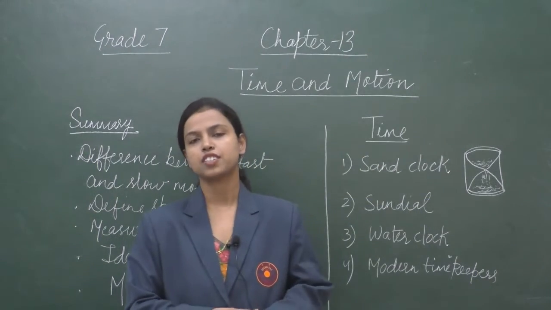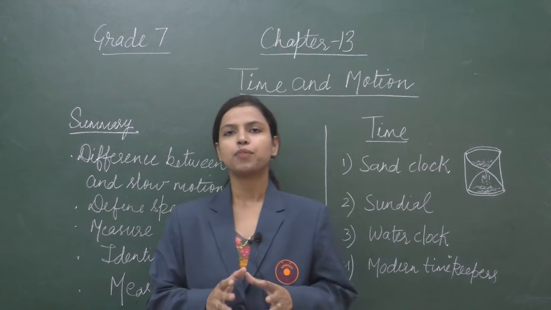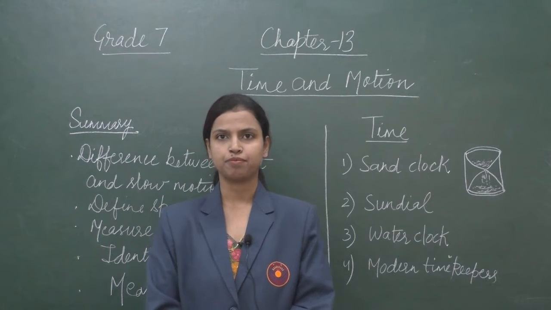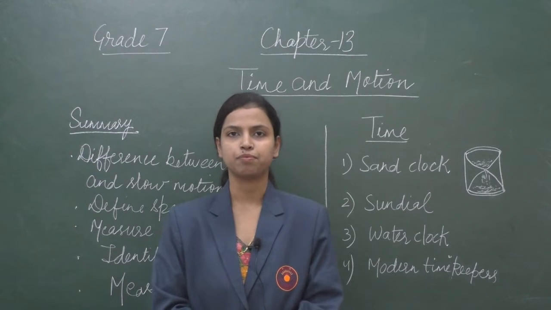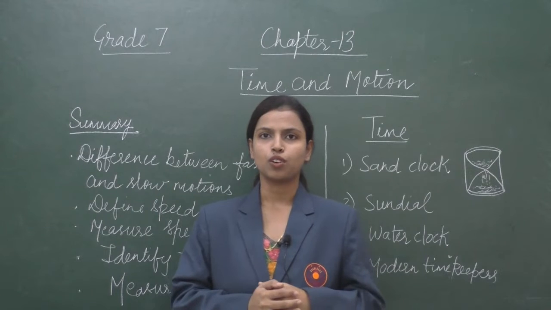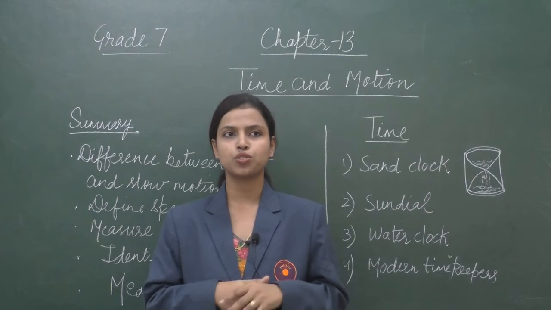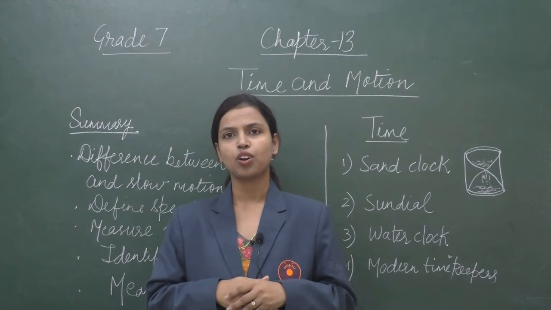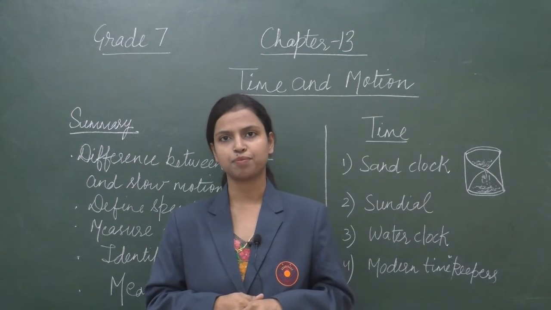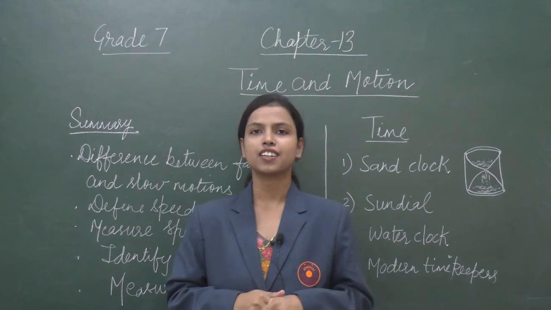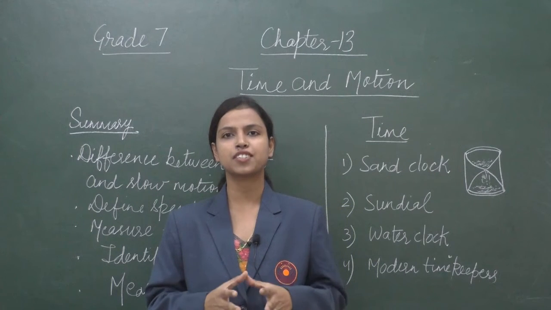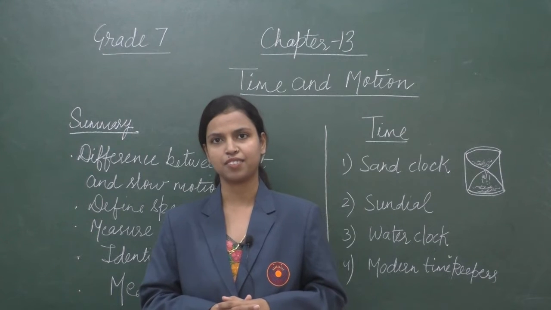So let's see what speed is. Suppose you have an appointment with your doctor at 5 p.m. It's already 4:30 p.m. and the clinic is 5 kilometers away from your house. You have to choose either cycling or taking a taxi to the clinic. What will you choose? Correct. You will take a taxi and go to the clinic. The reason is that a taxi moves faster than a bicycle.